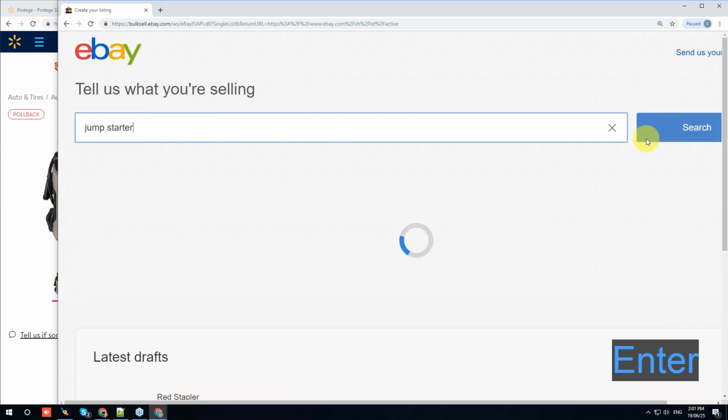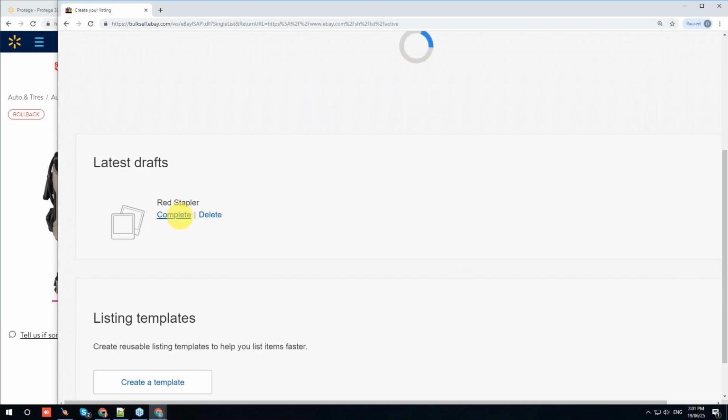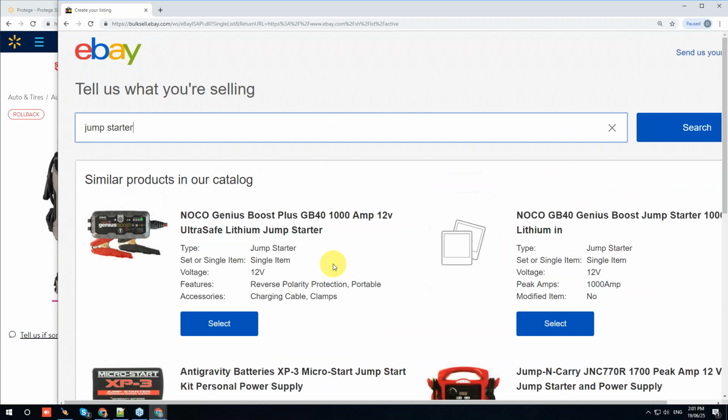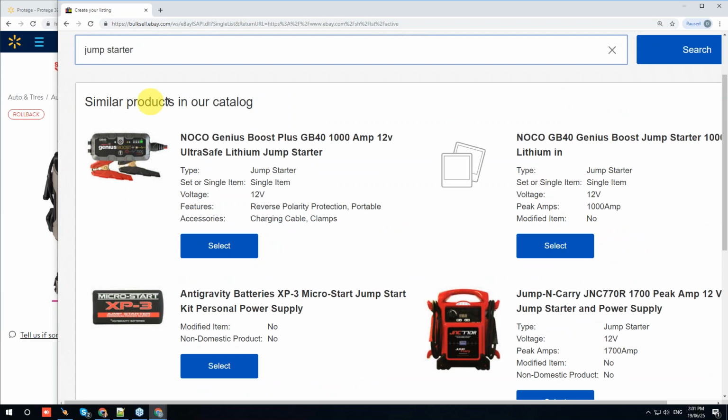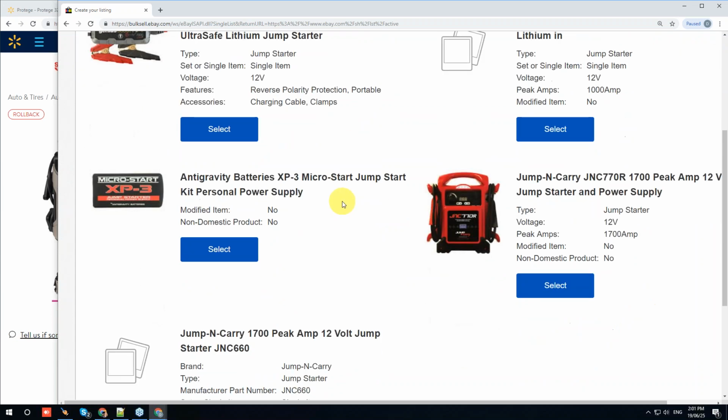Okay, so I typed in jump starter and I hit enter. It gave me my drafts. eBay does save your item as drafts if you haven't finished the listing all the way. Now you're going to get these options that will say similar products in our catalog, and it might seem,